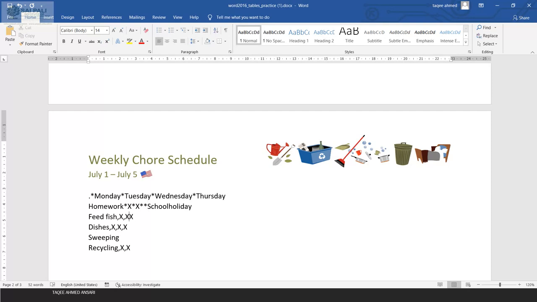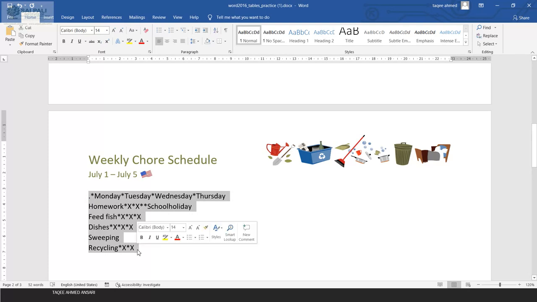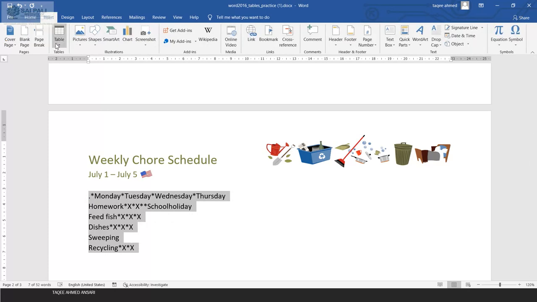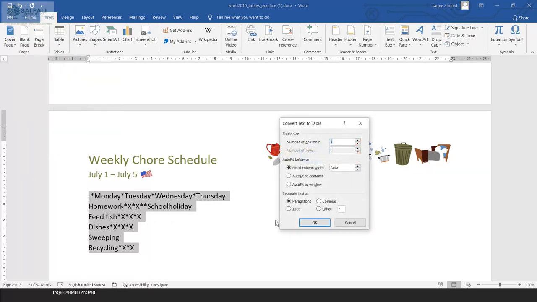But if we don't have an option for that kind of symbol, then we can go for the fourth option. There is a fourth option there which we can select for some other kind of symbols. Now I will select my text again, and then Insert tab, Table, Convert to Table.